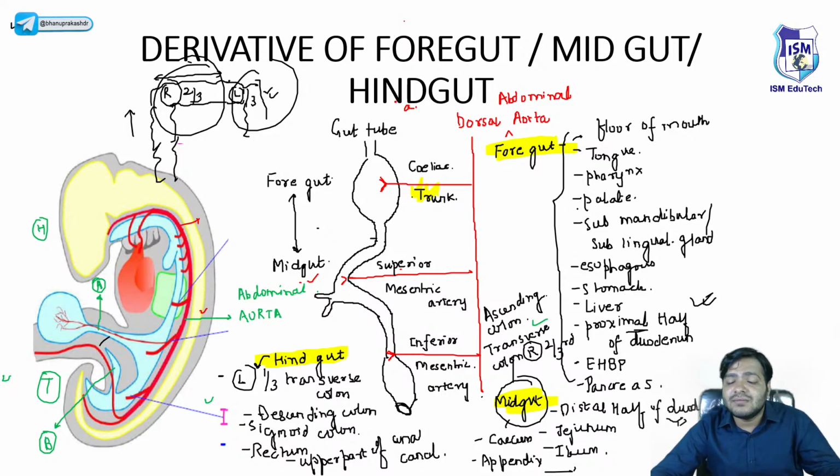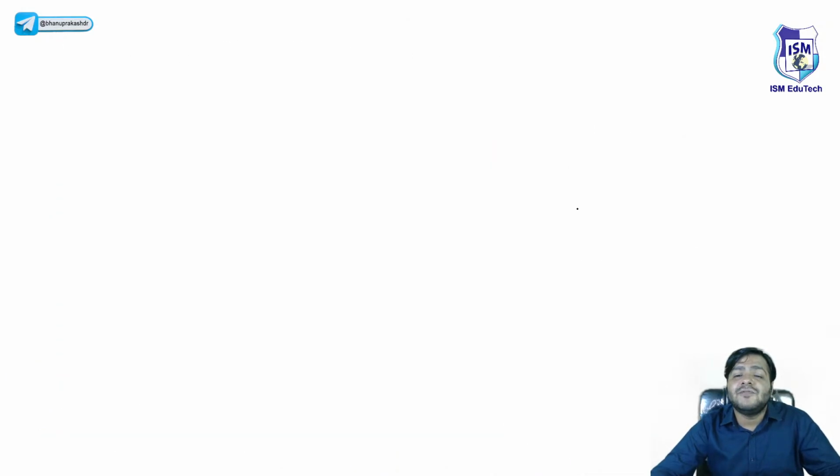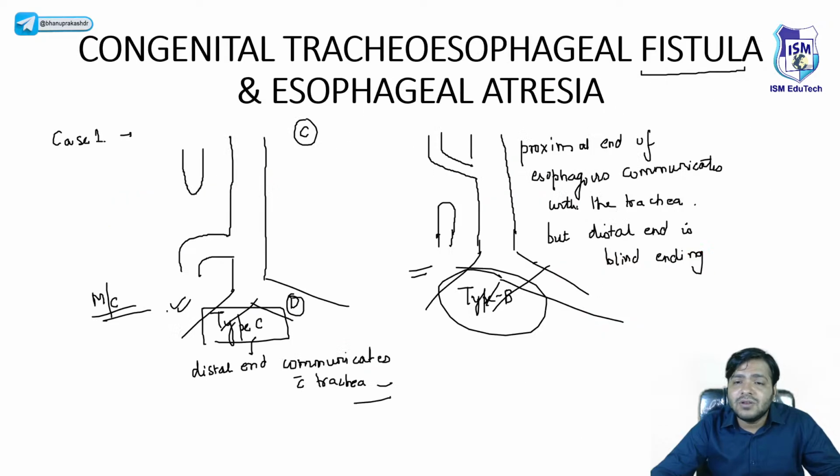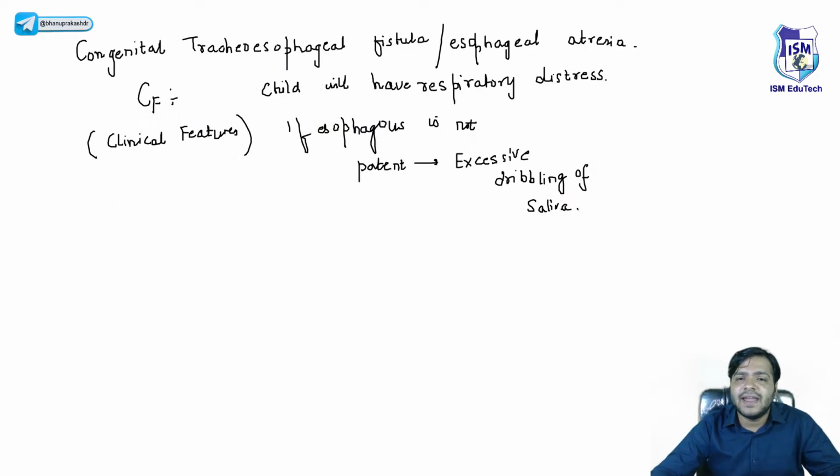बट अगर इसोफेगस इज नॉट डेवलपिंग प्रॉपर्ली, तो व्हाट विल हैपन? एमनियोटिक फ्लूइड बाहर ही का बाहर रह जाएगा। एक्सेसिव एमनियोटिक फ्लूइड देखने को मिलेगा मदर में इवन ड्यूरिंग द डिलीवरी, और उसको पॉलीहाइड्रेमनियोस बोलते हैं, राइट? सो यस, नाउ गाइस, अब ऐसा बच्चा जो मेरे पास आया है which I can see that it is having respiratory distress और excessive dribbling of saliva देखने को मिल रहा है अगर esophagus patent नहीं है।